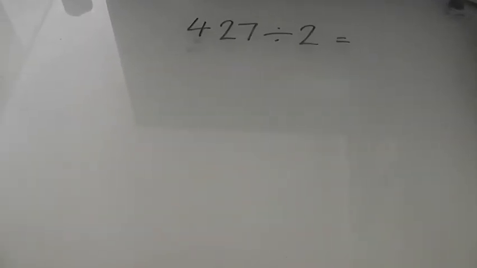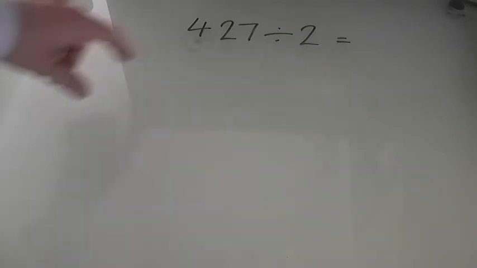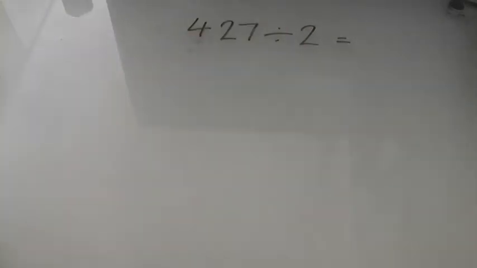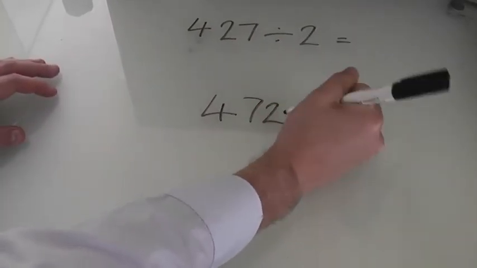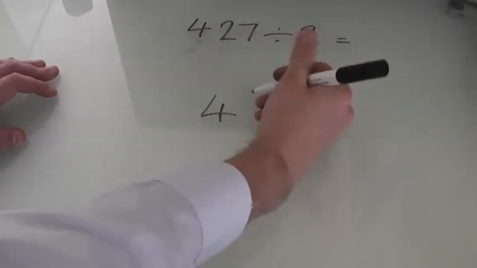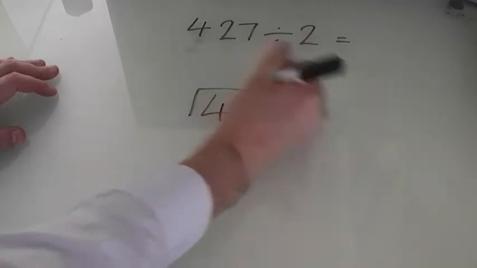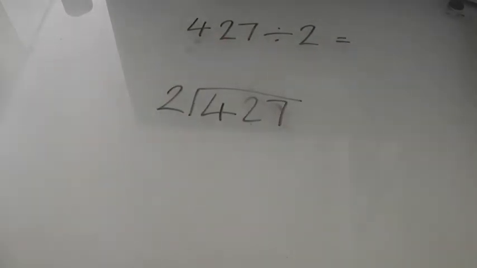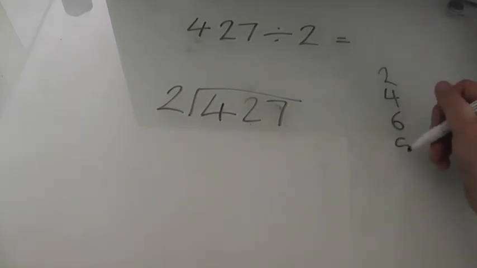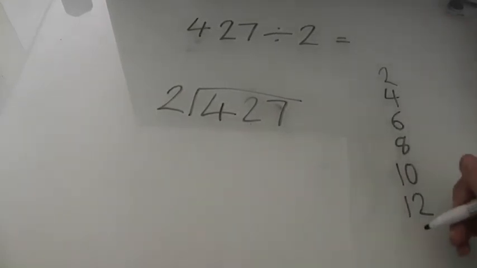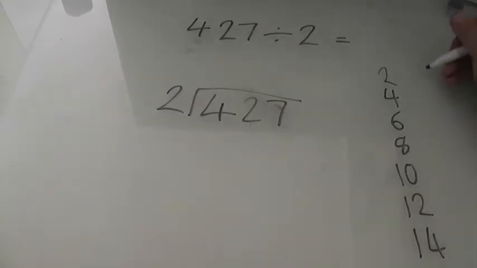Okay, so we've got another one, 427 divided by 2. Again, we've got an odd number divided by an even number, so we know that there is going to be a remainder. Let's write it out in our bus stop. Write the 2 times table down the side, just so I can show you what I'm doing. 12, 14, 16,